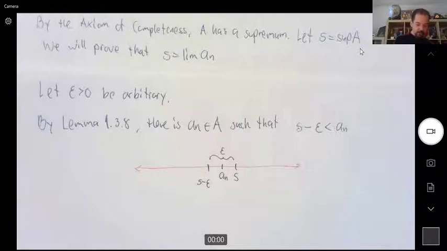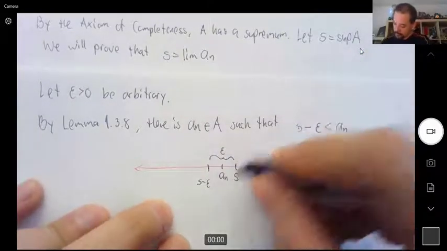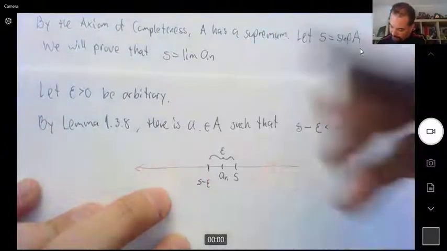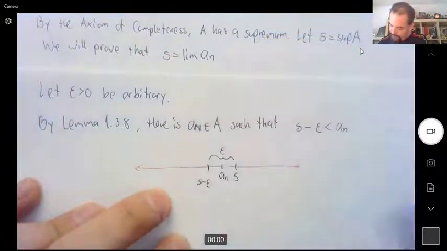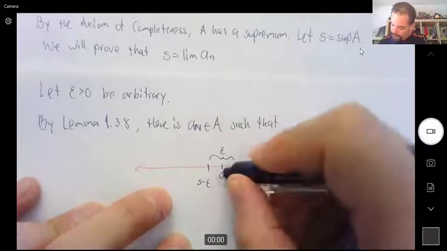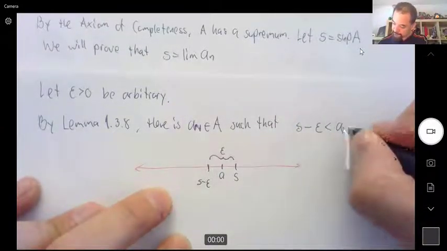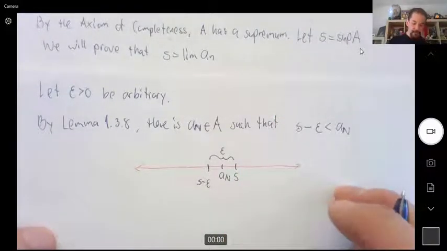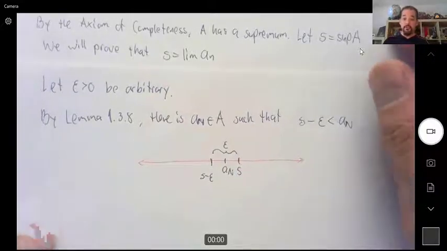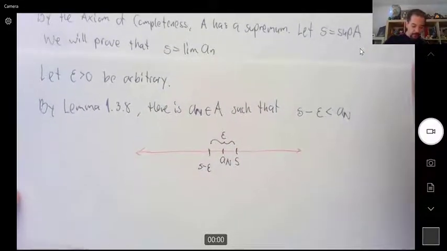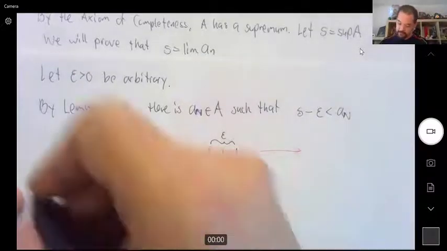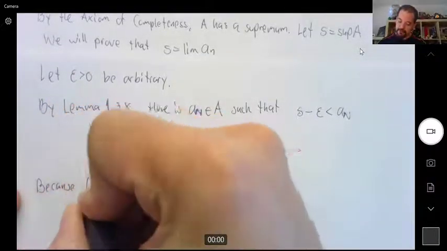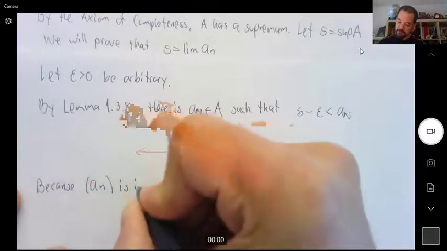All right, so we know this happens. And I'm going to give it a different name. Instead of calling it a_n, let me call it a capital N. I can call it whatever I want, but you'll notice in a moment why I'm calling it a sub capital N. Well, because I'm going to now use the fact that the sequence is increasing, because a_n is increasing,